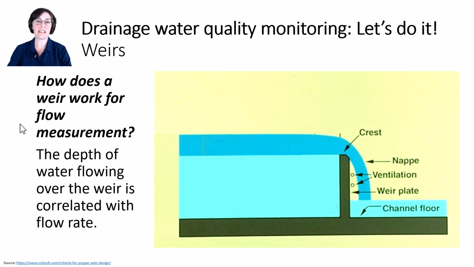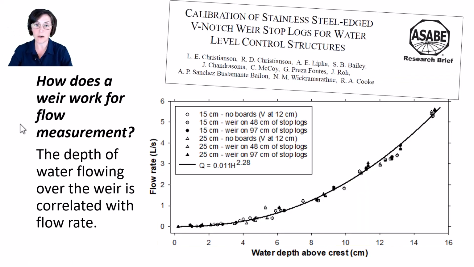Okay, so how does a weir actually tell us anything? Well, on its own, it doesn't. Haha, psych! You have to have a stage recording device or a water depth recording device placed upstream of the weir to log the water depth for you. And then you combine that water depth with the appropriate weir equation to come up with a flow rate going over the top of the weir.